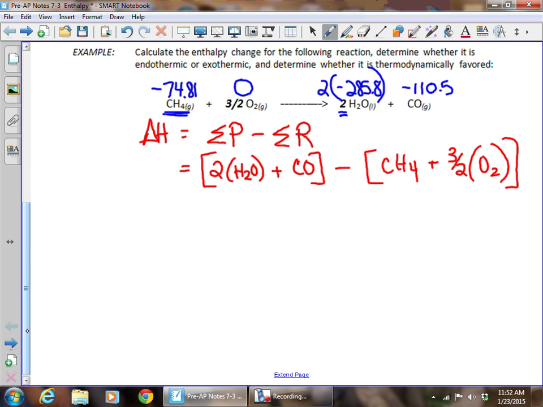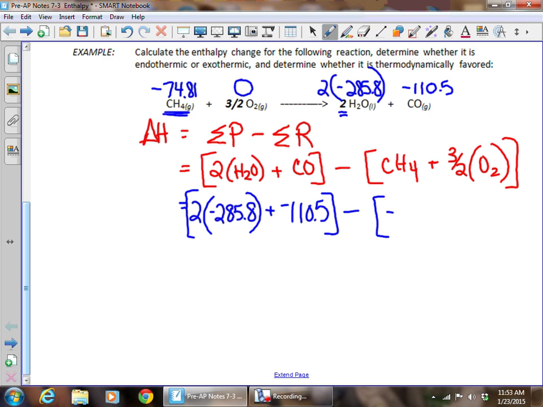So our next step is to say that this is 2 times our negative 285.8 plus the negative 110.5 for the carbon monoxide minus the negative 74.81 plus 3/2 times 0 for the oxygen. Now, if I don't see that step with those numbers filled in, it's going to count you points off. So I have to have the equation, have to have the substances involved, have to have where the values are